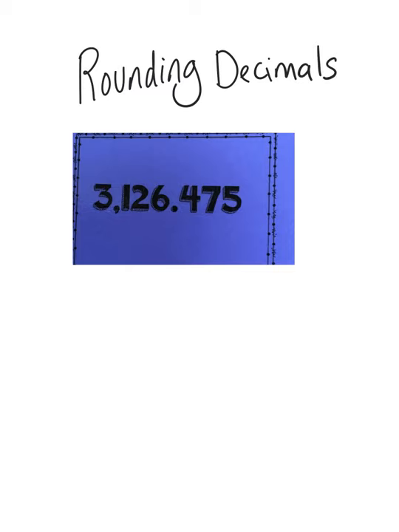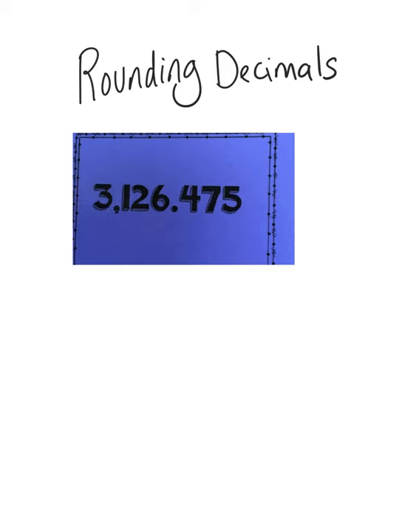So here we have a number that goes up to the thousands place and goes all the way down to the thousandths place. Notice I'm really emphasizing the "anths" at the end of thousandths. This is our less than one whole, and all of this is, of course, our whole number. So we have 3,126 and